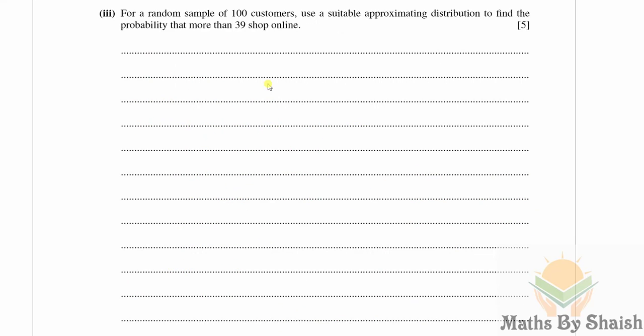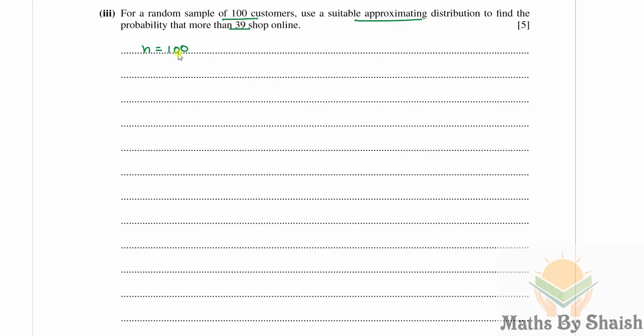This is the third part of this question. For a random sample of 100 customers, use a suitable approximating distribution to find the probability that more than 39 shop online. Now if we take the random sample as 100, which is of course a very big number, more than 30 or 50,